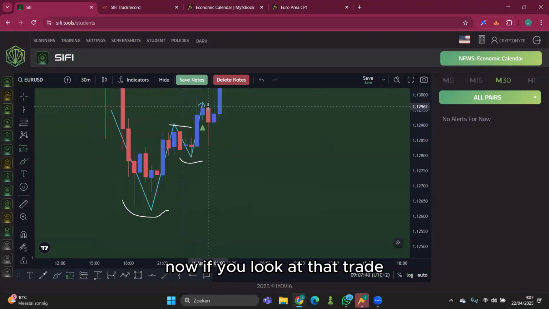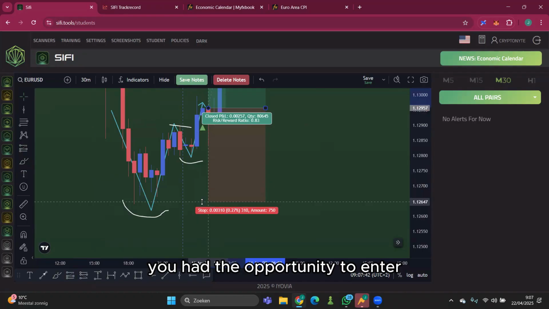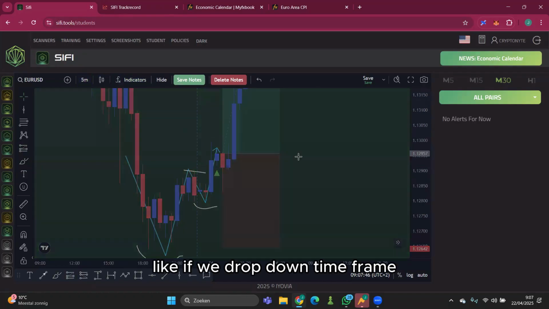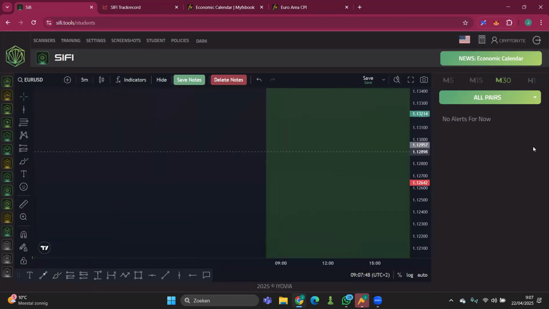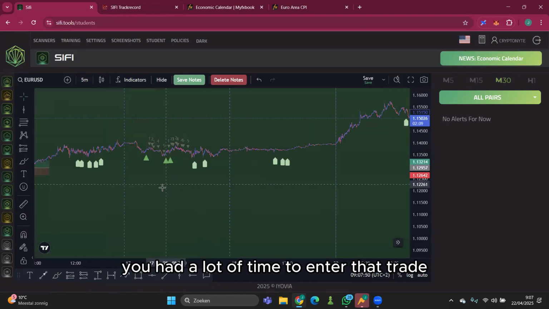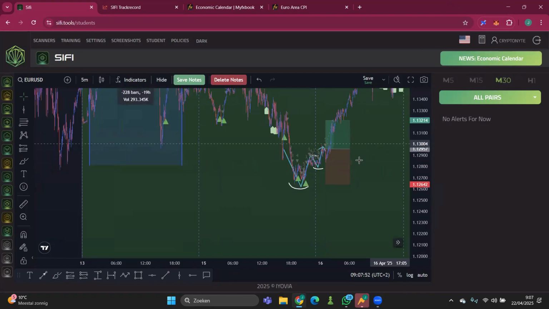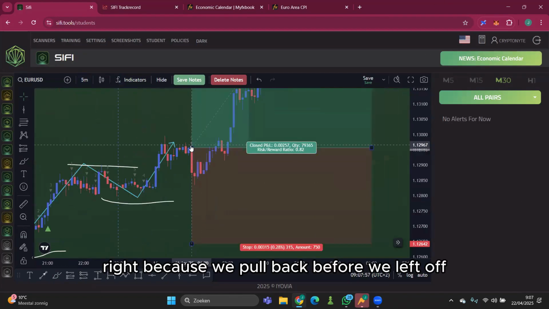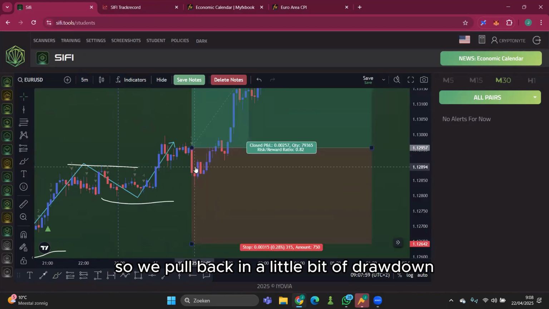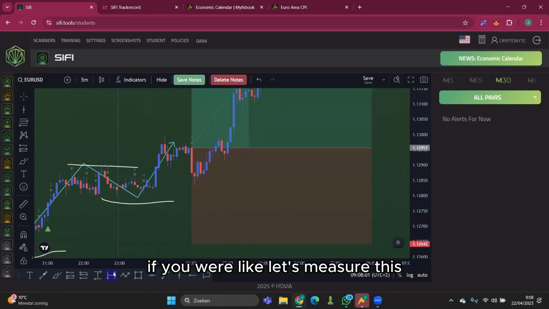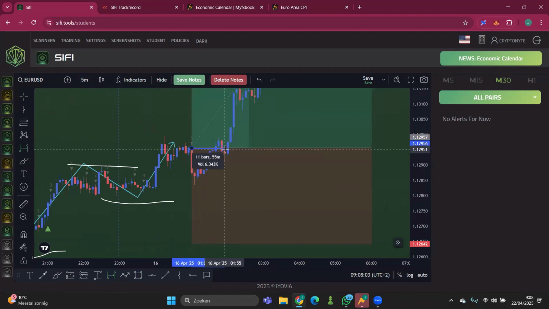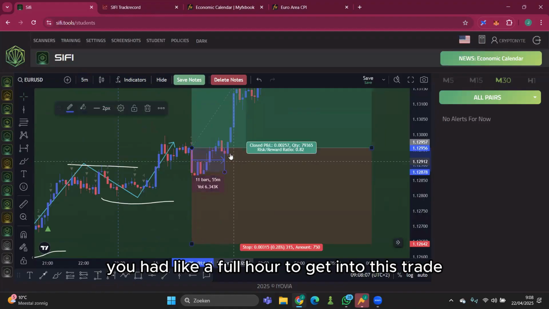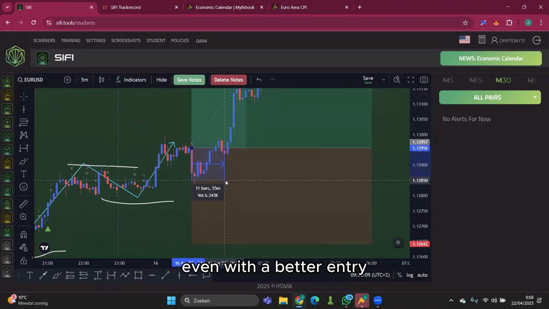Now, if you look at that trade, you had the opportunity to enter, and you had a lot of time to do that. Like if we drop down time frame, you had a lot of time to enter that trade, right? Because we pulled back before we left off. So we pulled back in a little bit of drawdown. If you were like, let's measure this, you had like a full hour to get into this trade, even with a better entry,